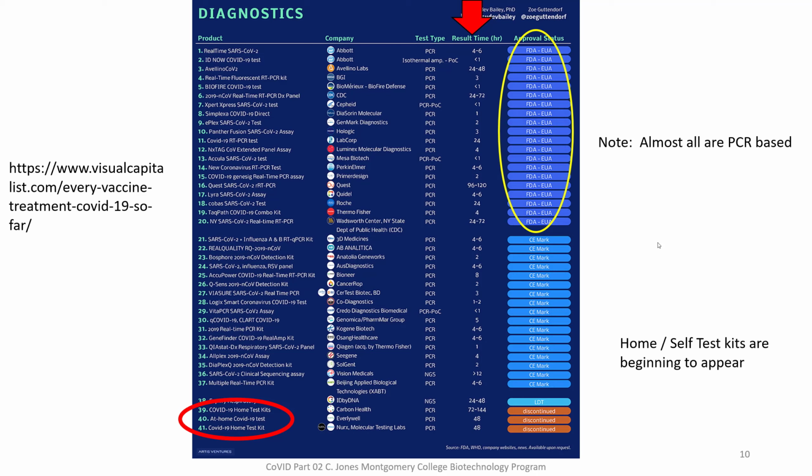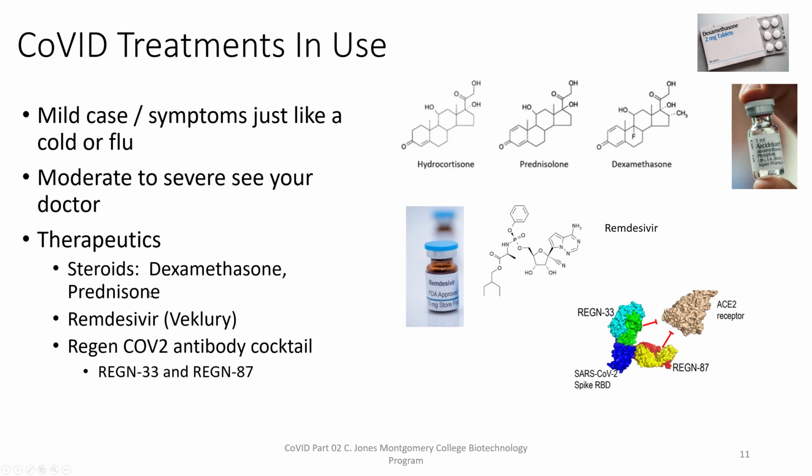If you have a mild case or mild symptoms of COVID, then essentially you treat it just like the cold or flu, but you keep an eye on yourself and know that these symptoms may last for 2 to 4 weeks, all right? If the severity of the symptoms increases, then you go see your doctor, and the doctor may prescribe certain therapies, one of which is dexamethasone or prednisone.